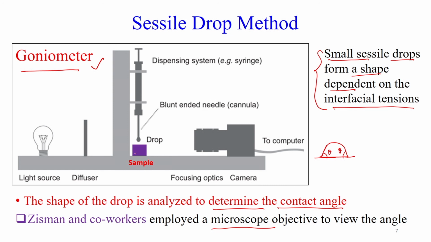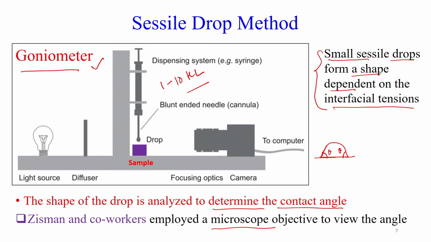When you put that drop of liquid, depending on the surface energy of the solid, the surface energy of the liquid, as well as the interfacial energy of the solid-liquid, a drop will form, and the drop will have a certain tangent or angle at the surface. That angle is known as the contact angle. Typically, the volume of the drop we keep in the range of 1 to 10 microliters. We try to keep it as small as possible to avoid the interference of